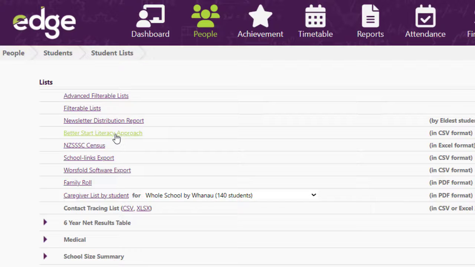It's just an Excel spreadsheet of the data for that. Very similar, you've got NZSSC, that is for secondary schools for the sport census. Again, just a straight export, and there's an export for School Links as well. Another one there for Worsfold software, an export there, and then we're down to the next list, which is the